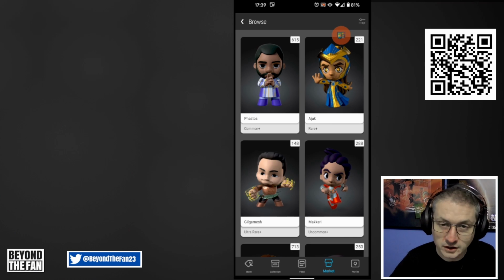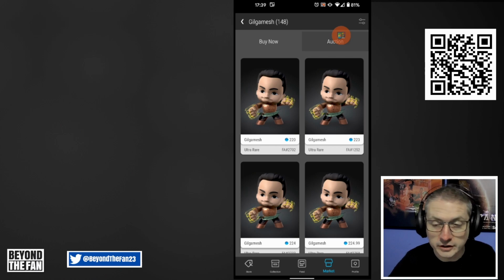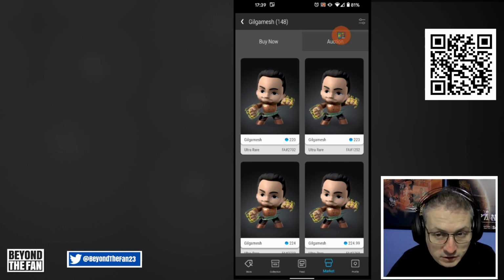So Gilgamesh here is an ultra rare. You can see here it's going for about 220, 223 on the market. What that means is someone's paid 13 gems and they're selling it for 220 gems. So it's almost 20 times what they paid for it. And this will probably sell at some point,